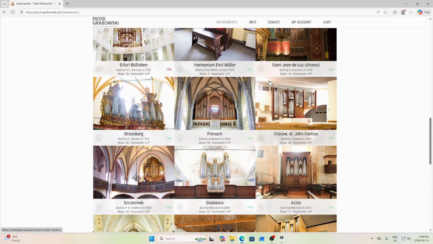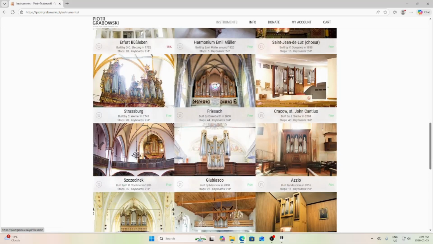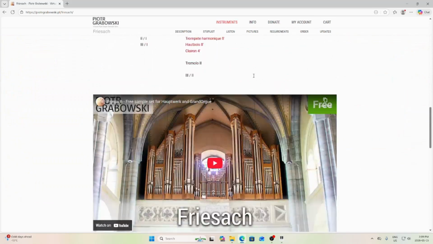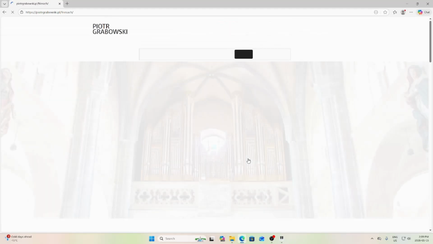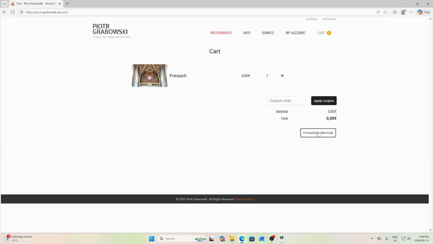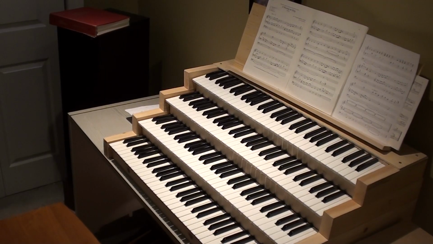Now he was very kind to allow us to download many free organs. So one of the most popular ones is Freisack, if I'm saying that right. I hope so. My apologies if I'm not. So we're going to add to cart, view cart, proceed to checkout. I'm a returning customer, which I won't show the login information there. Okay, so you can log in,